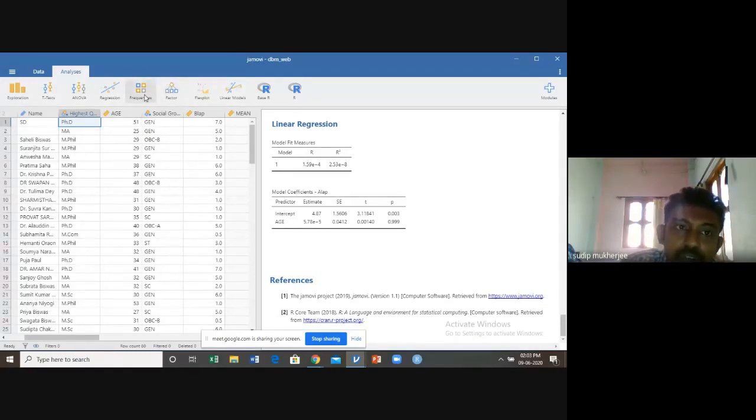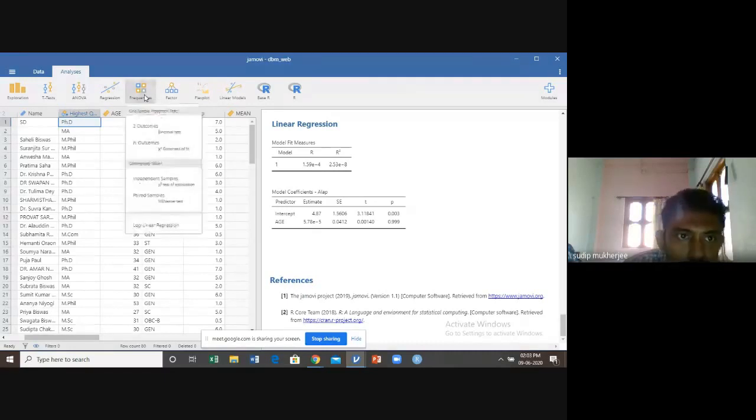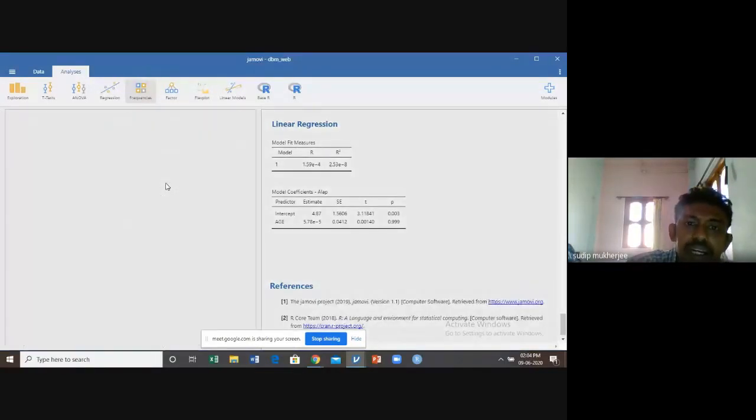Using Jamovi, you can perform factor analysis, and you can perform the frequencies also. Under frequency, you can run the binomial test and chi-square goodness of fit. Another commonly used test for our daily use is the independent samples, or the chi-square of association.